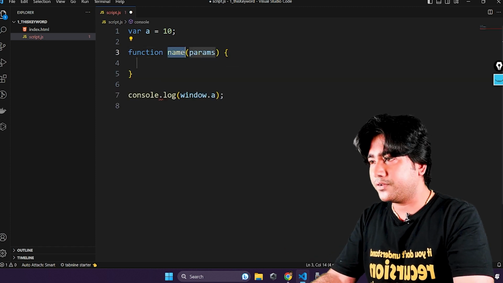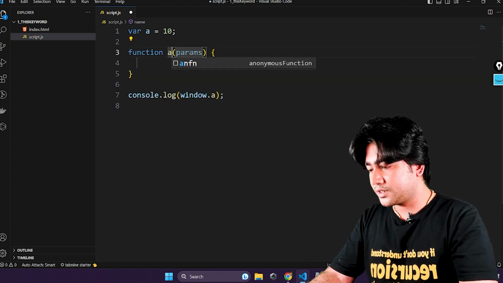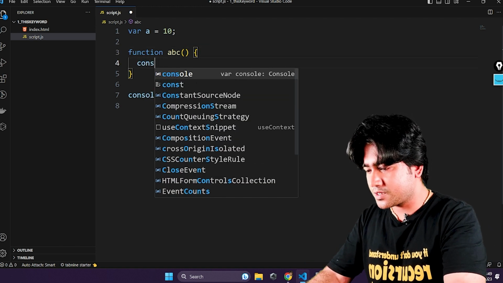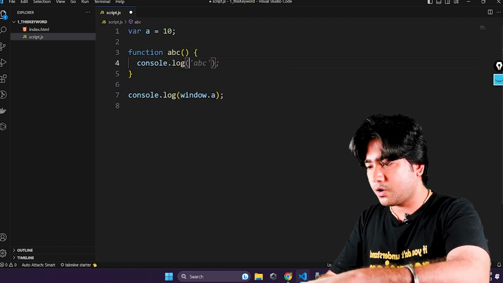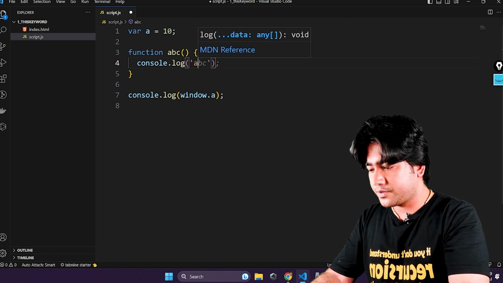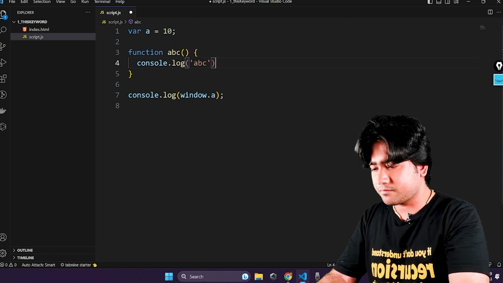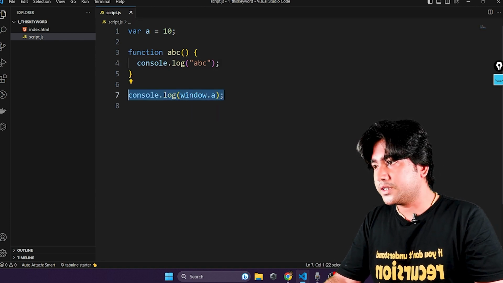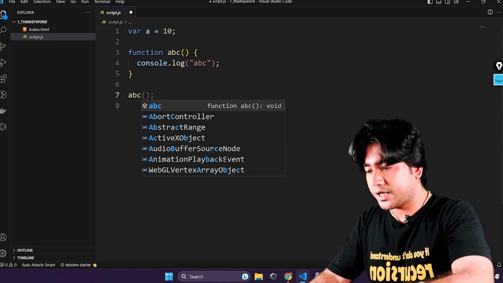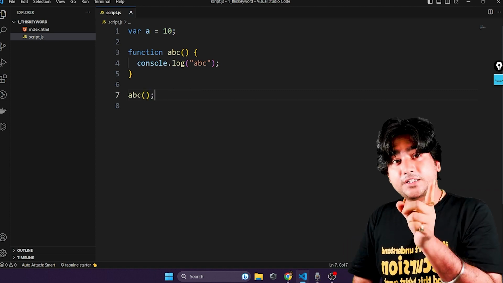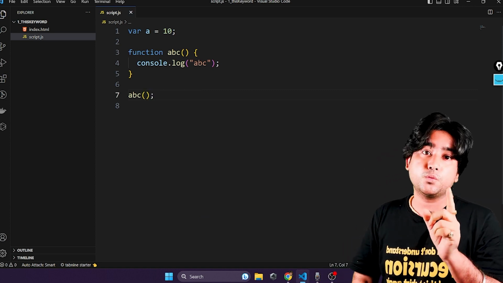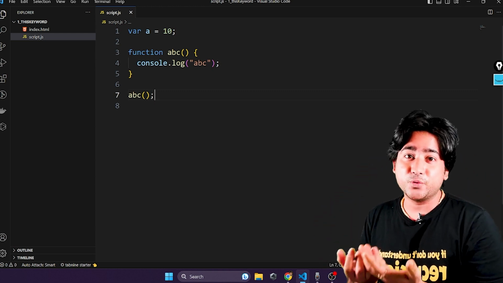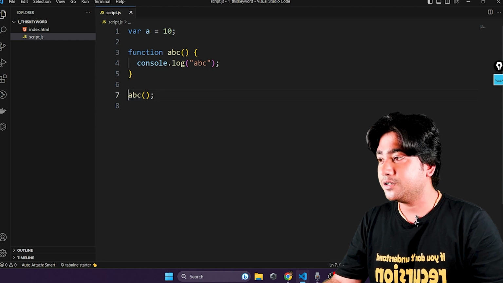Let's say I'm writing a function abc, and I'm simply doing a console log of a string. If I do this, I can call this function abc like that, right? But this function is also attached to the window object. As this function is also attached to the window object, I can also write